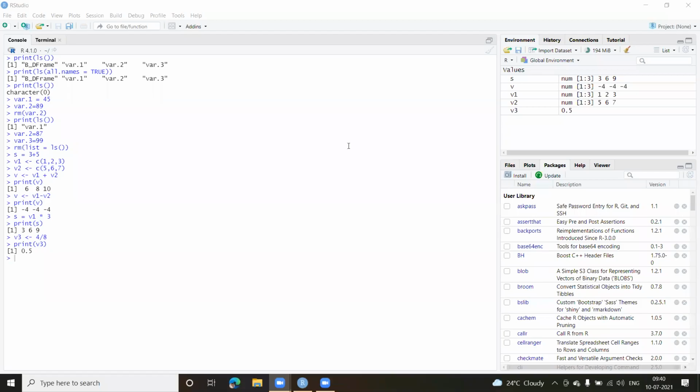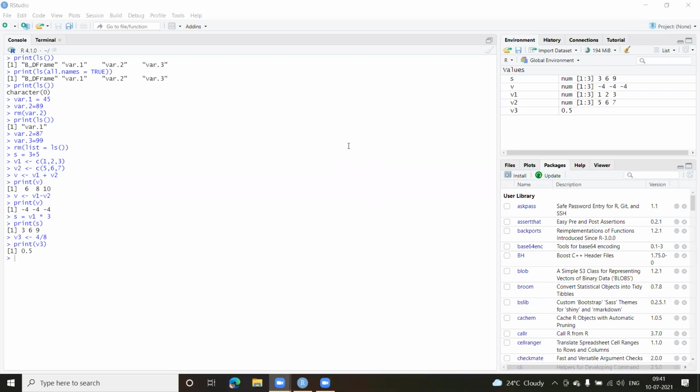Okay, we were at division, and I was saying that when we divide two integers, the result should be an integer. In C programming, it is an integer, so only 0 gets stored in the variable, right? But in R, it takes the decimal place as well, because these are numeric values, not integer values. Because the result of the division is 0.5, I get the whole value stored in V3.